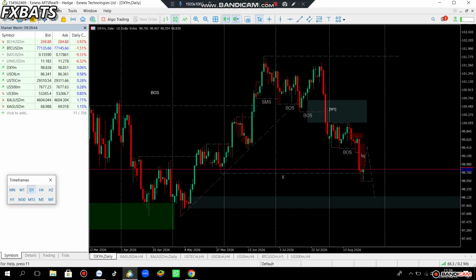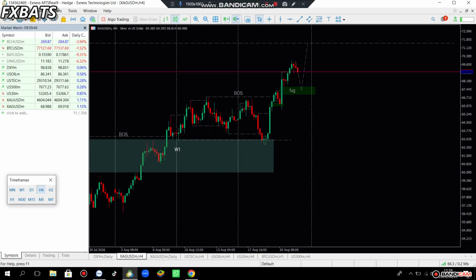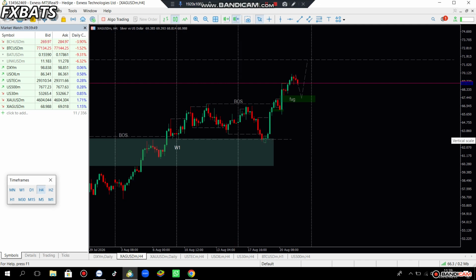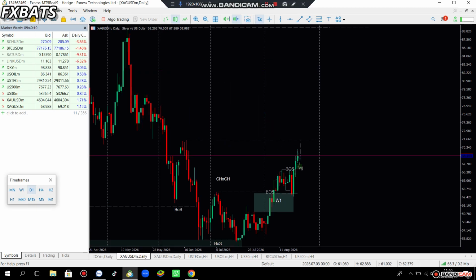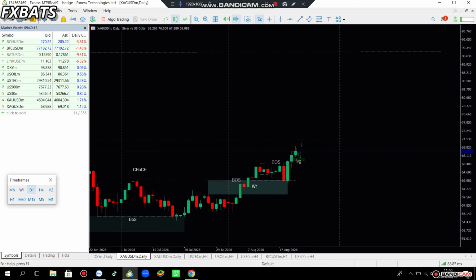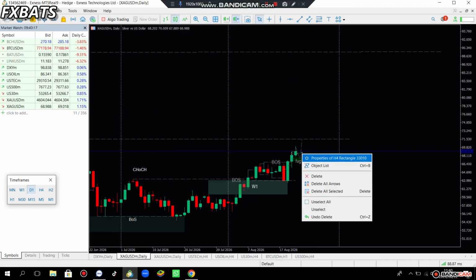So when we go into silver, we've been really going up. We've been doing so good. But currently we're having a couple of fair value gaps. There's this other one that I haven't marked. Yeah, we also have these fair value gaps that we see. So what is price likely to do? Let me just go to daily. Daily is evident enough. I'm going to be using daily.